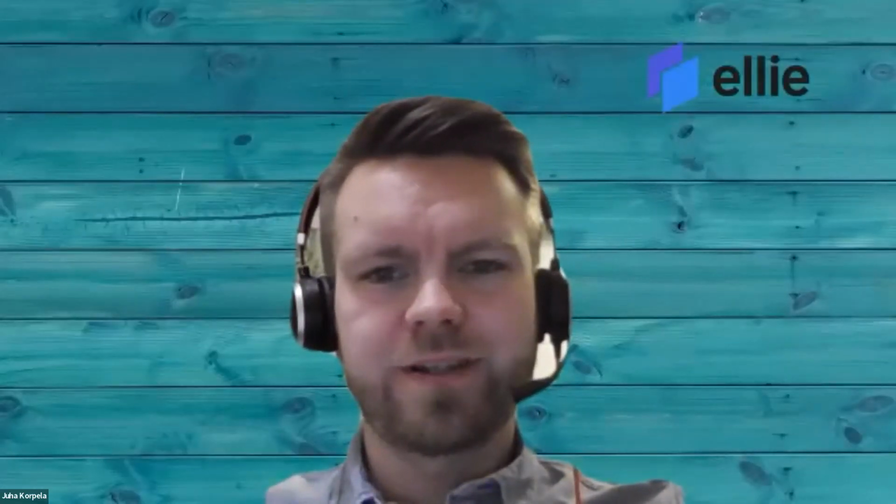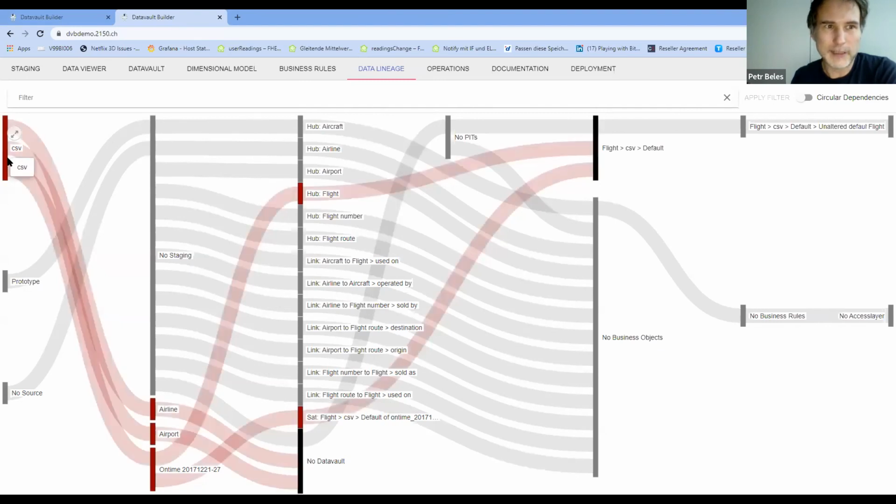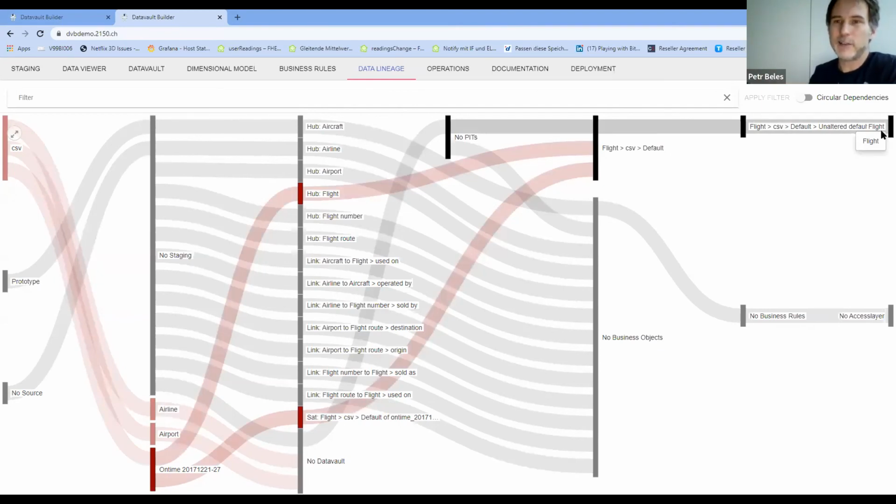Yes. And Ron has pointed out an important pair of words, vertical lineage. So this is all about vertical lineage. Yes, I was even so happy that we finished everything on time that I didn't show you that we have data lineage built into the tool, showing you really from the left side, from your source system, through your staging tables, through your core model, your denormalization level, through your business rules, up to the end. And all this information that we are presenting here in the tool is available as APIs and as views in the database. So if you want to get all this lineage information